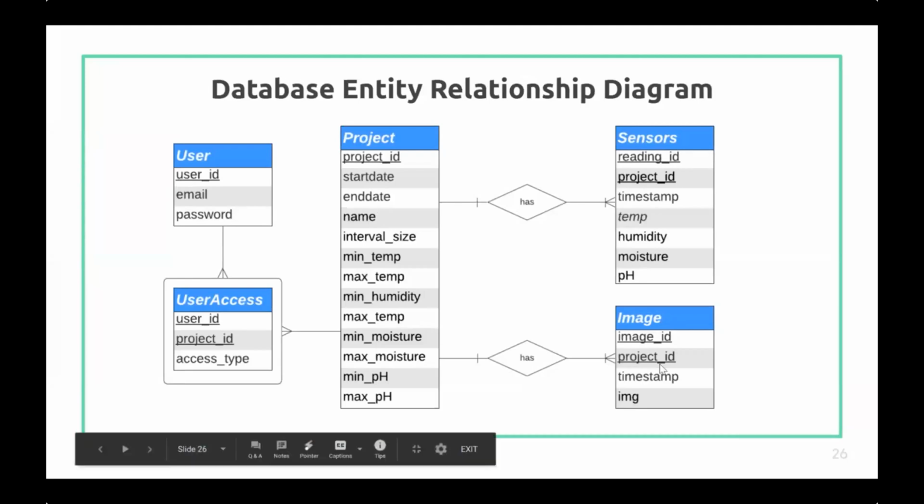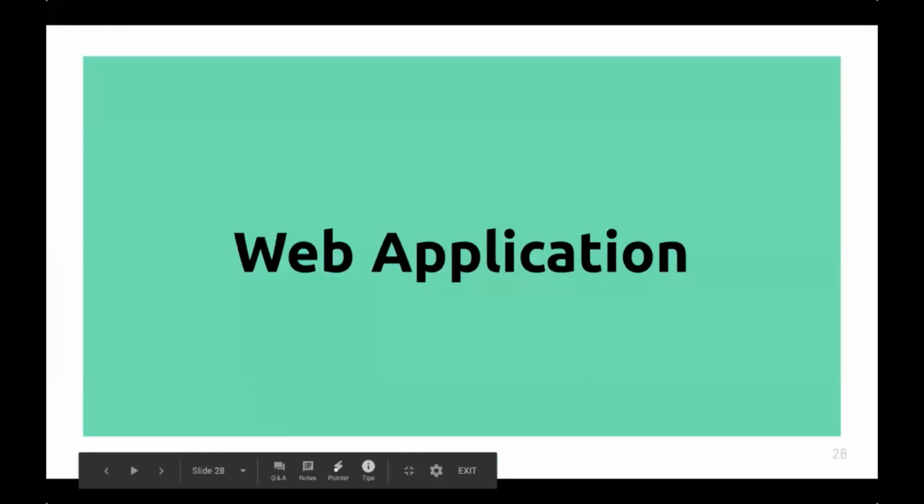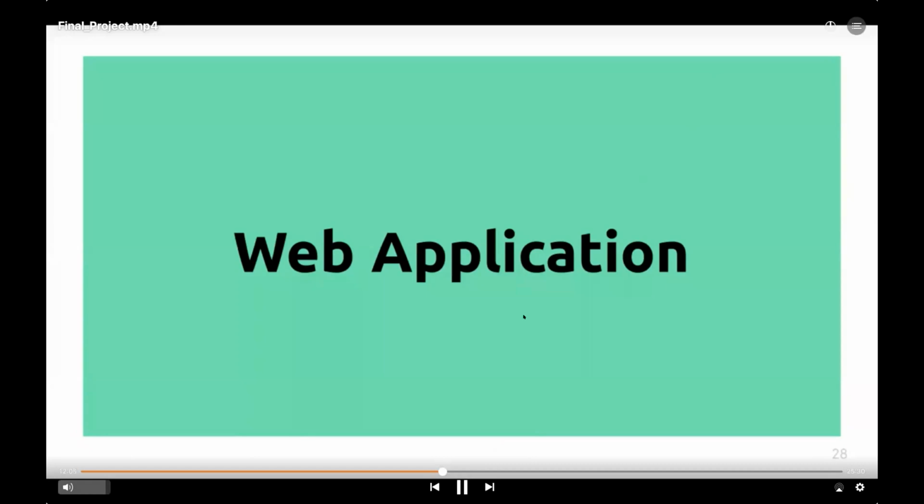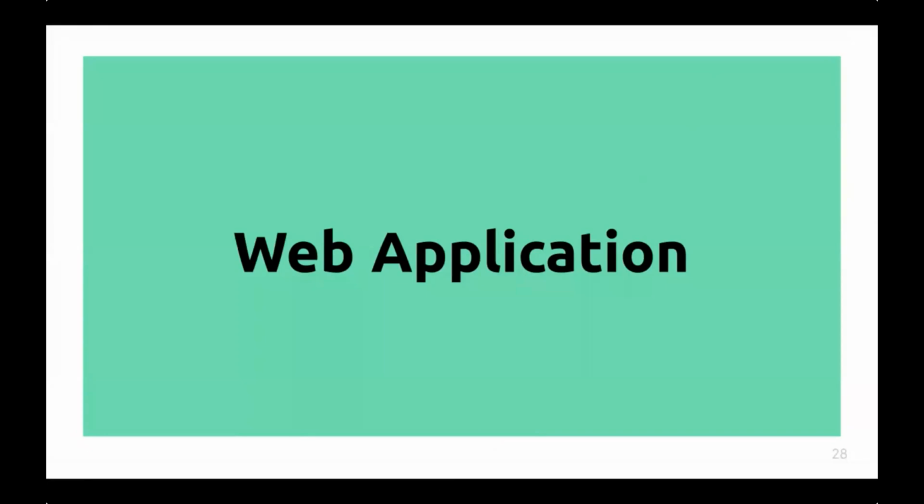Now we will move on to the web application portion of our presentation. This is the use case diagram for our web application. As you can see, we have a user. This user can sign up and create new credentials. Once these credentials are formed, the user can use them to log in. And every time the user tries...